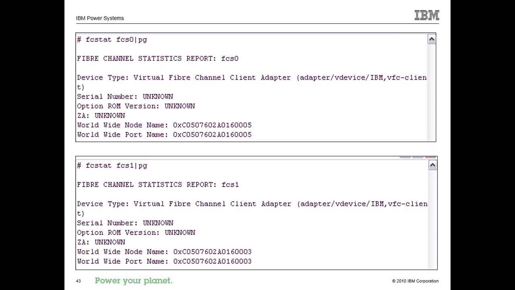So this is your VFC. We're using the evens first. When we moved it, we moved to the odds, and if we move it again without shutting it down, we go back to the evens. You move it again, it goes to the odds. If you shut the partition down and bring it back up, we'll go back and start using the evens first. So this is one way to see that it's been moved, and you're using the odd numbered virtual fiber channel port numbers.